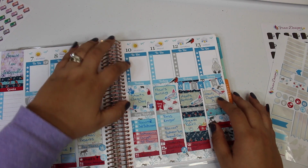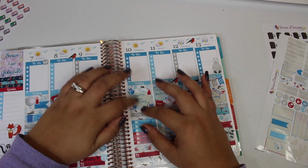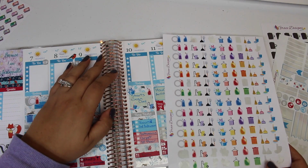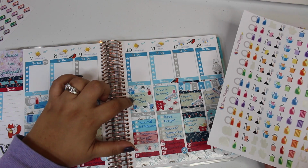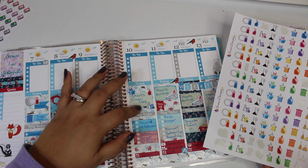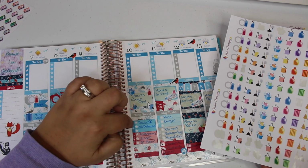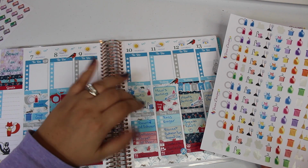And then here I used another half box and washi for the white space, and I used a bunch of icons from the household icon sheet because I am loving it. I need to start cleaning so I don't have to run on the last day. So I'm thinking to start on Thursday to do some laundry, some basic cleaning, mopping, and vacuuming. So that's the to-do and the to-clean, perfectly organized on what I need to get done